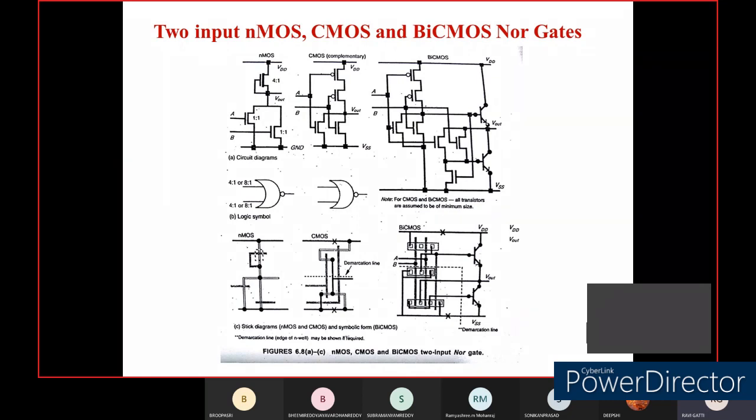Now if you want to implement the same thing using CMOS technology, that is complementary metal oxide semiconductor technology, then you make use of PMOS transistors and NMOS transistors. As I said, series in NMOS transistors will become parallel in PMOS transistors, and parallel in NMOS transistors will become series in a PMOS implementation. In the NMOS NOR gate you had A and B transistors in parallel, whereas in the PMOS implementation they will become